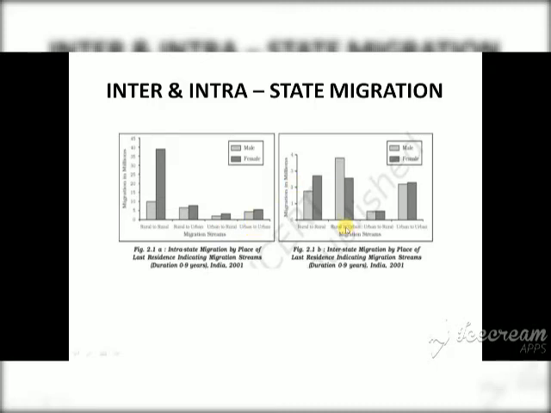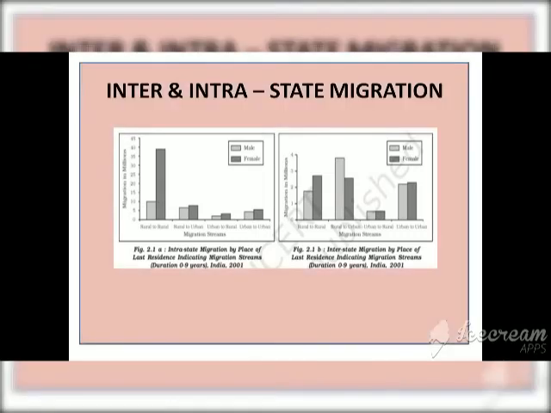urban. Whereas in the case of interstate, from one state to another state, the movement of the male from rural to urban is more than female. But urban to urban, here also the female is slightly higher, and even to rural, but basically from rural to urban, the male movement is high. Definitely the reason is better employment opportunities.